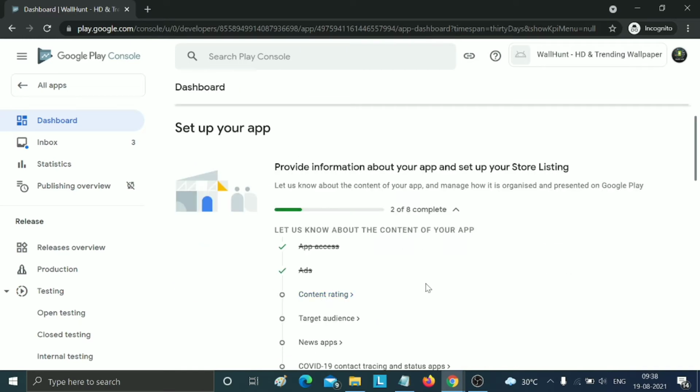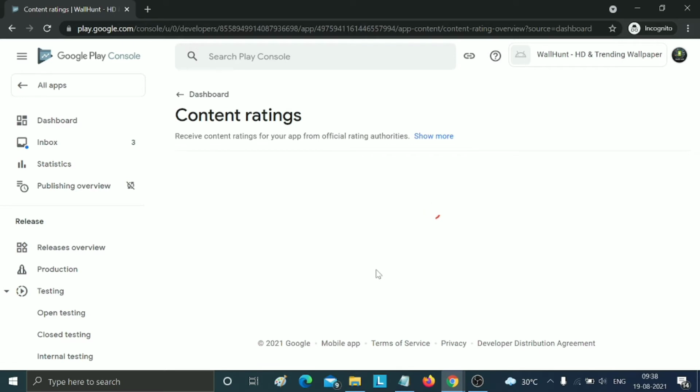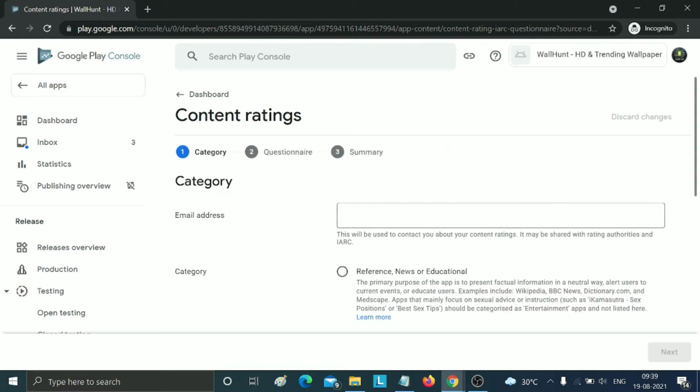Click on content rating. My 2 steps are completed here. Now just click on content rating. Start questionnaire. And here fill all the information, email address.